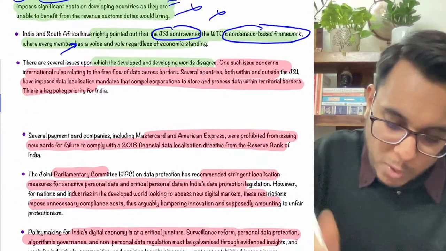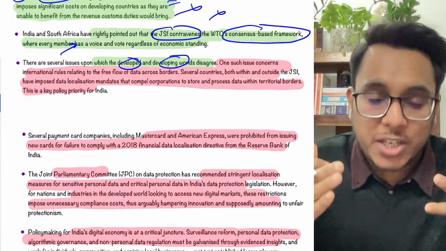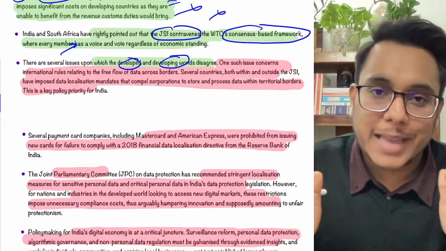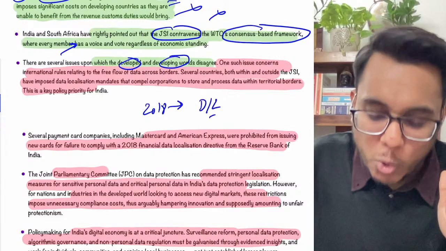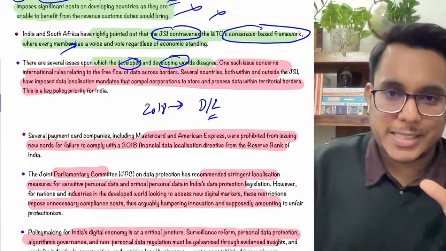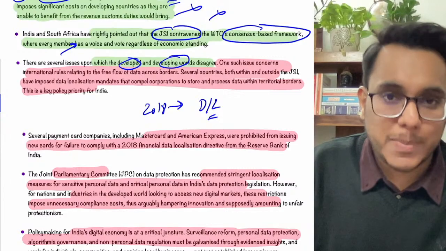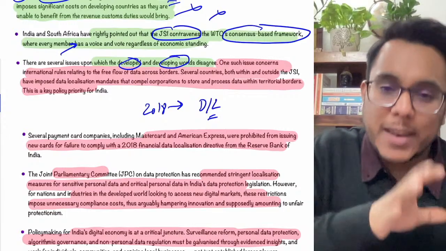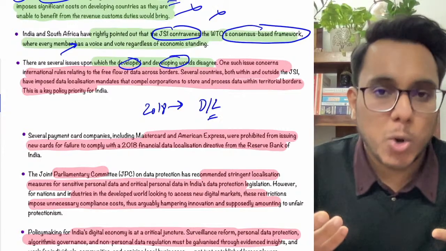Now guys, when we talk about developed and developing countries, there are many problems on which they are actually differentiating. Not only this, there are other things also. Now guys, you know that since 2018, India has become very vocal for data localization. What is this data localization? Let's understand it in very simple words. See, there are many foreign companies. For example, MasterCard is there, American Express is there, many card companies are there, payment gateways. Now MasterCard, okay, Visa, they are not Indian companies. You are using your card for doing a lot of your transactions.